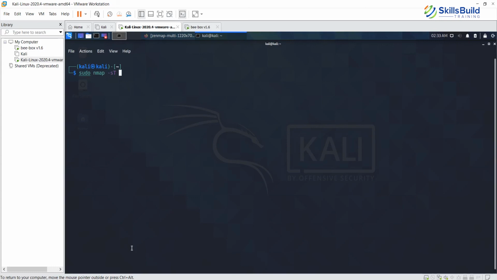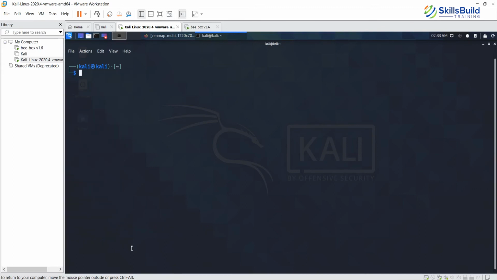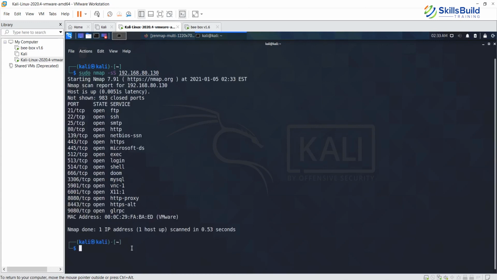Okay, so again pretty much the same output, and then we'll do a TCP SYN scan. So instead of -sT, we will do -sS and the same IP address. So there you go, another pretty much the same output. Now let's clear the screen and we do the UDP port scan.